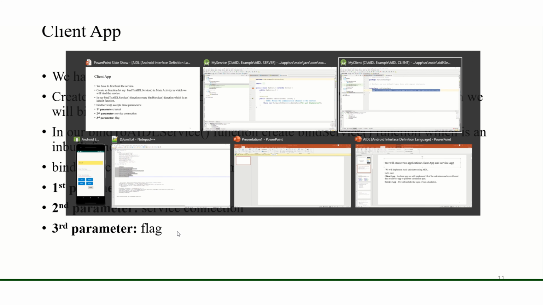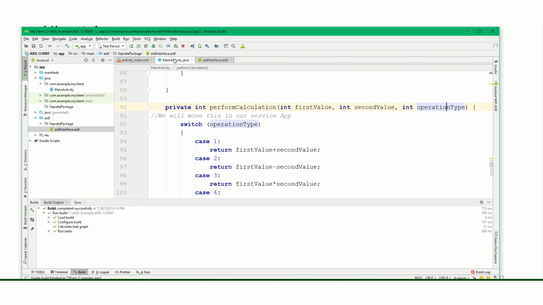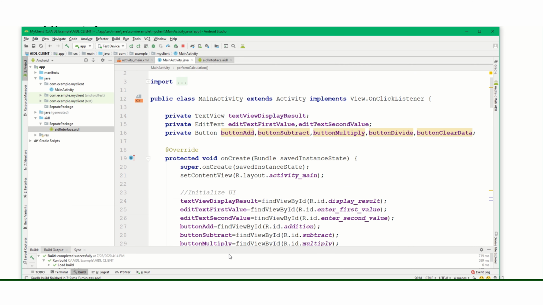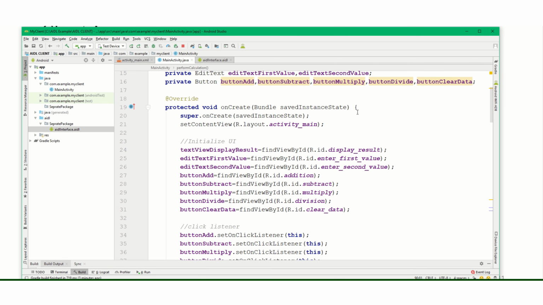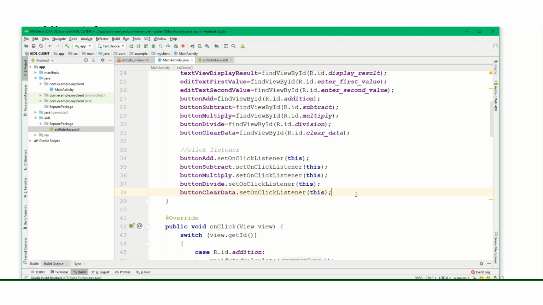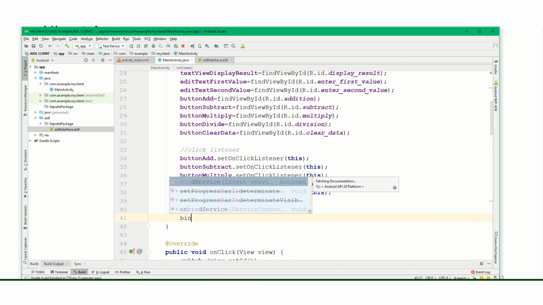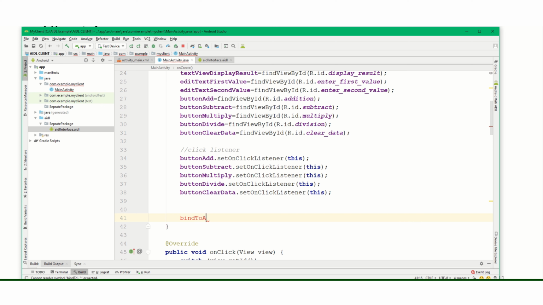So let's go to our client app, main activity. In my onCreate, I will establish the connection service. Bind to AIDL service.